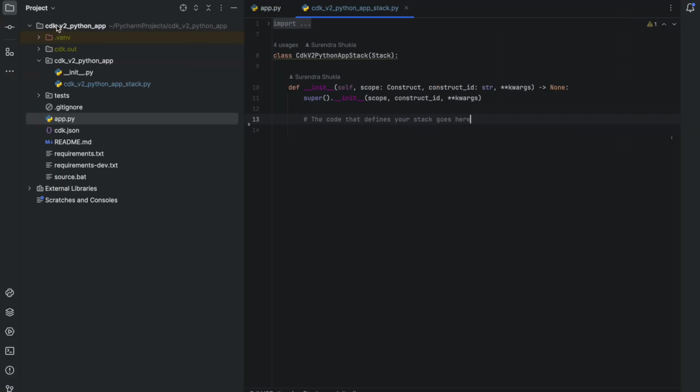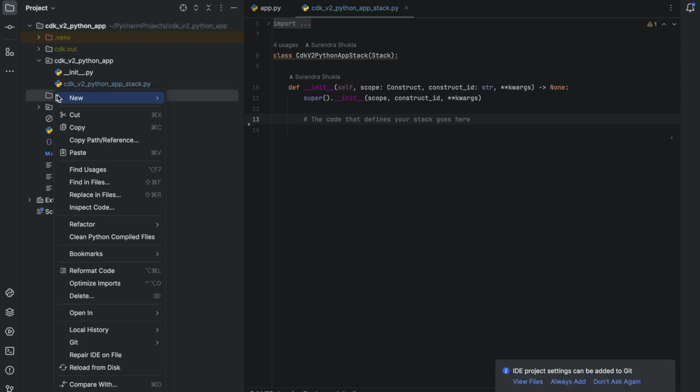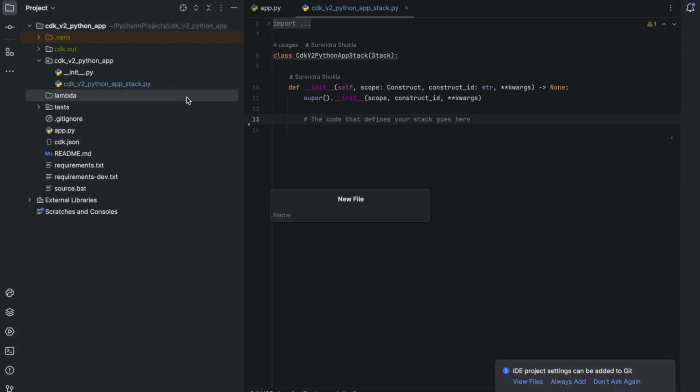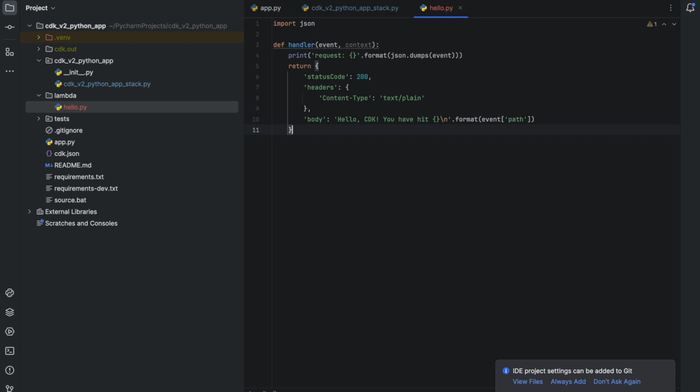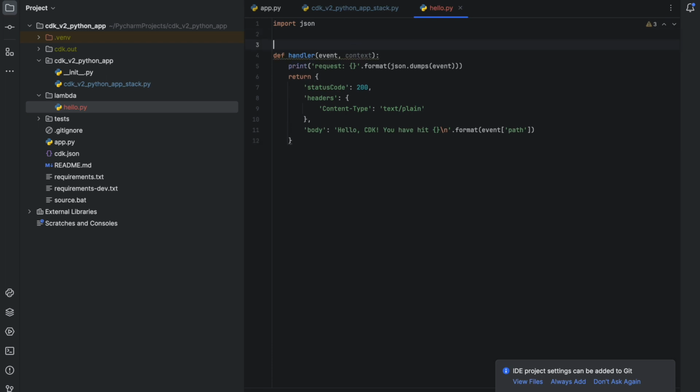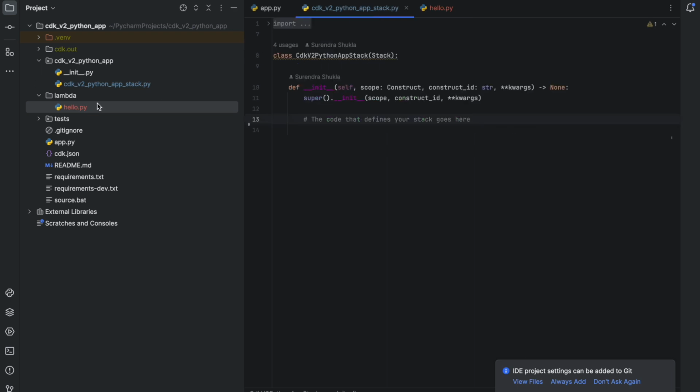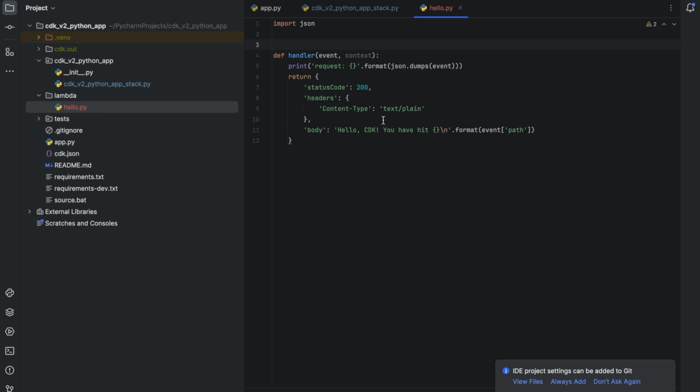So I'm gonna create a folder, it is lambda, and I'm gonna create a file hello.py. I'm gonna paste this. So this is the sample lambda code, and now since our lambda code is ready, I'm going to define the construct that is going to